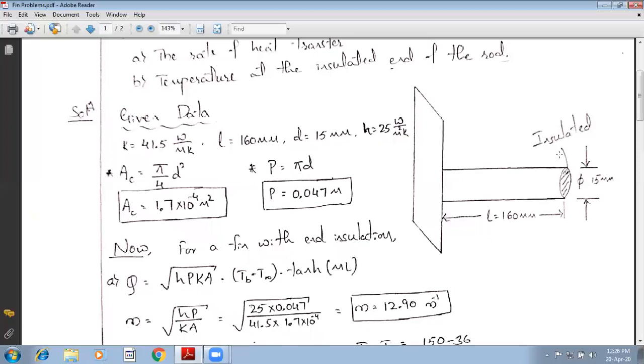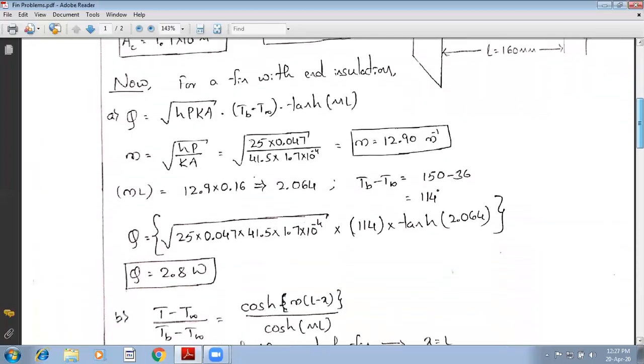Now, in some cases, he may also ask to calculate the temperature at a distance 1/4 from the free end. Please understand this. He is asking for the temperature at a distance 1/4 from this free end. Now you cannot consider x equals 1/4 here, because x is measured from the base. So 1 minus 1/4, which is 3/4. So x should be 3/4 of L. If you carefully read the problem, you will understand that. So care should be taken.